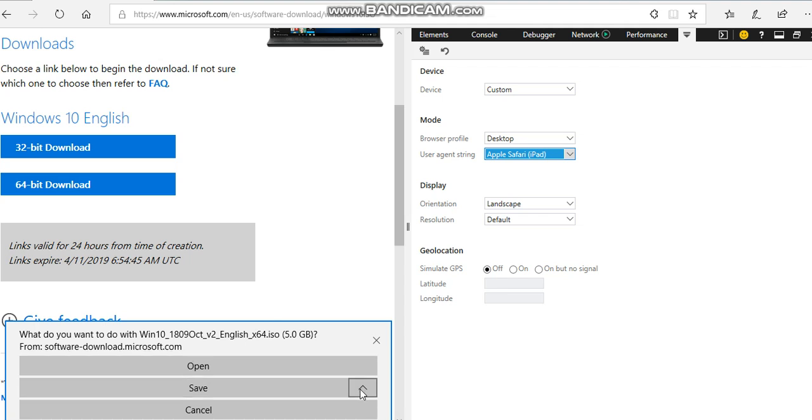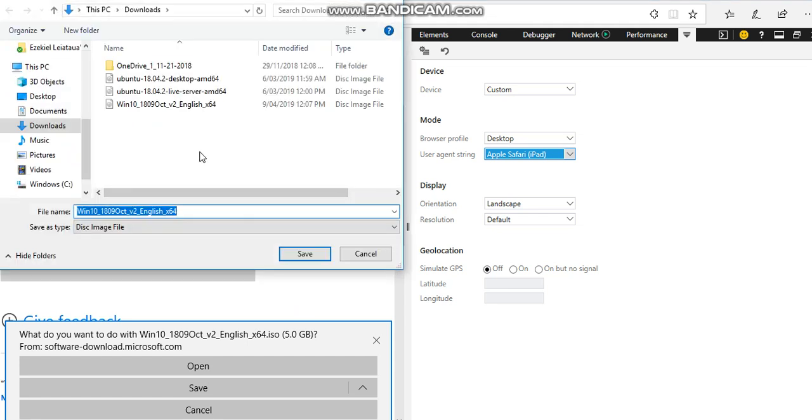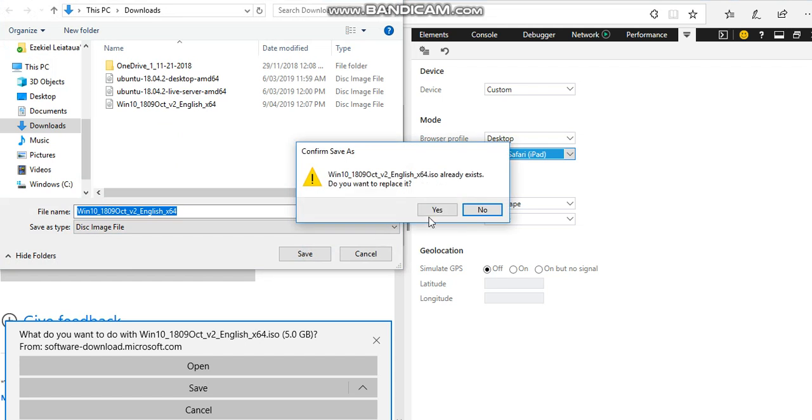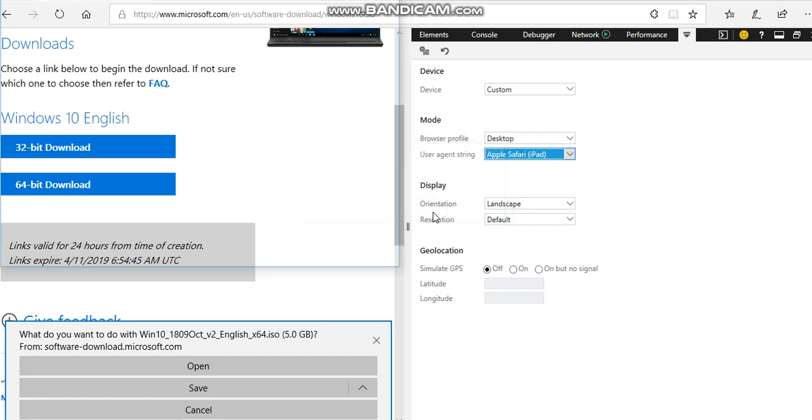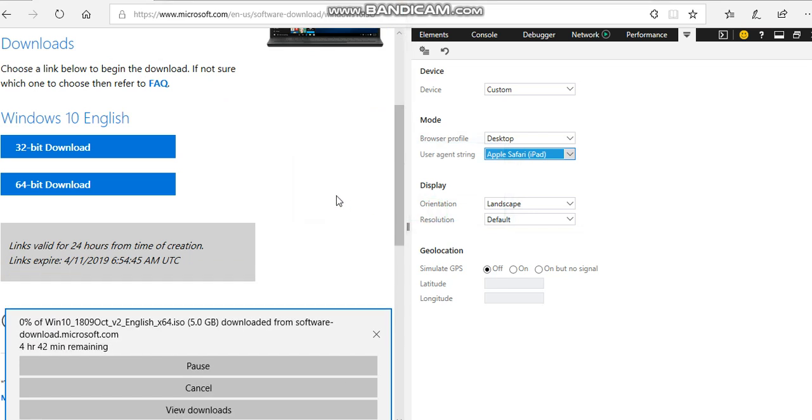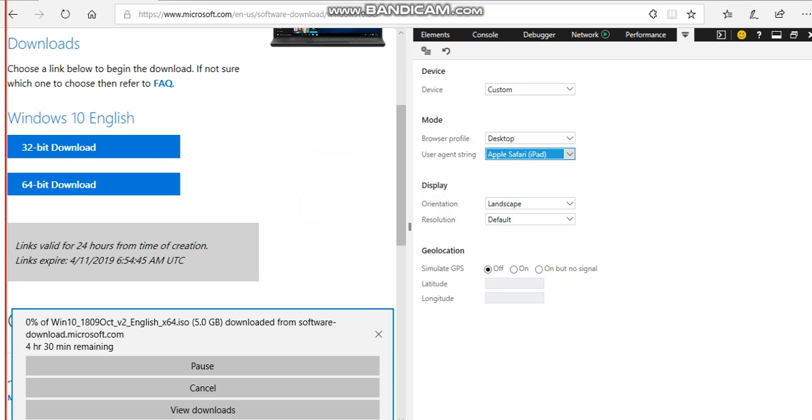Then you save the ISO folder into somewhere safe where you can find the folder. As you can see, I've already downloaded it before, so I'll just replace it. And then we'll wait for the timer to download, and then we'll continue this video soon. Now that the